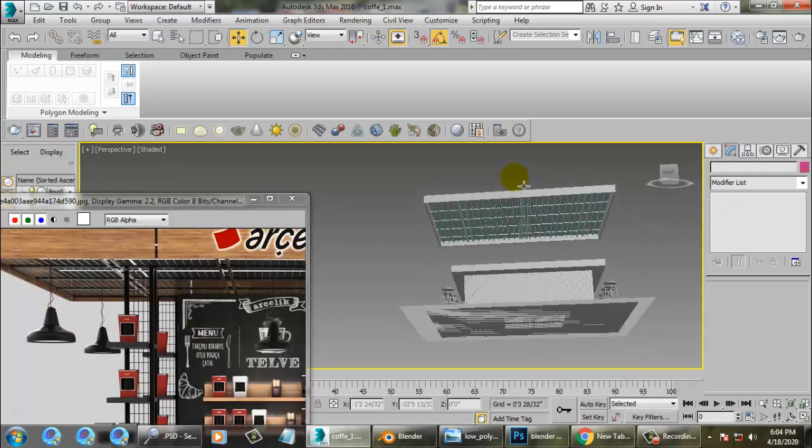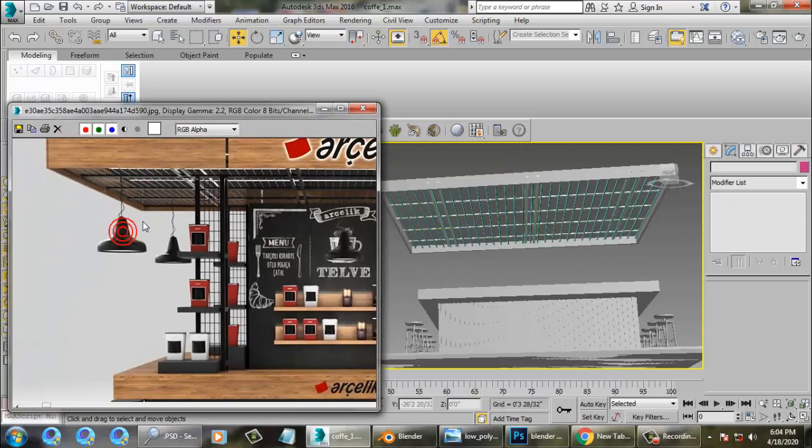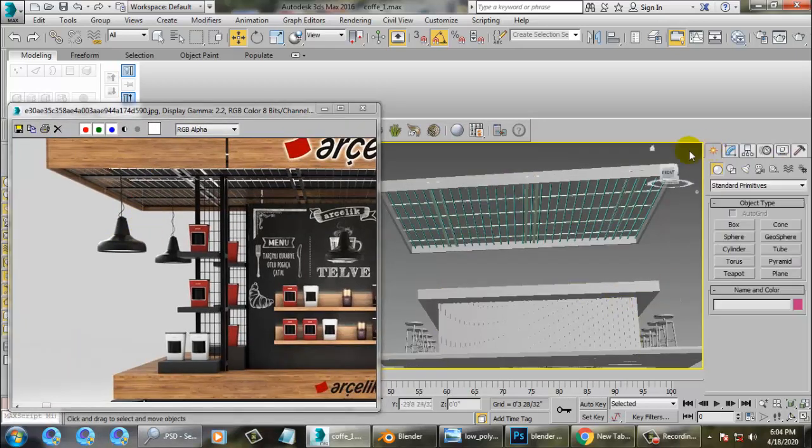Once you're done over here, let's create this lamp. Let's end isolate this stuff. The creation of this lamp is very easy.